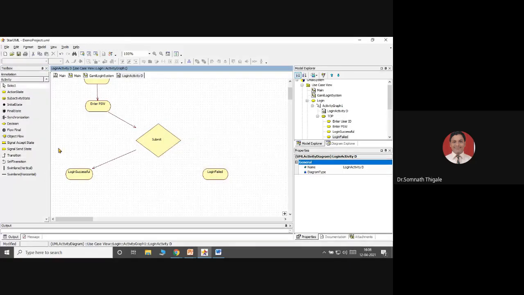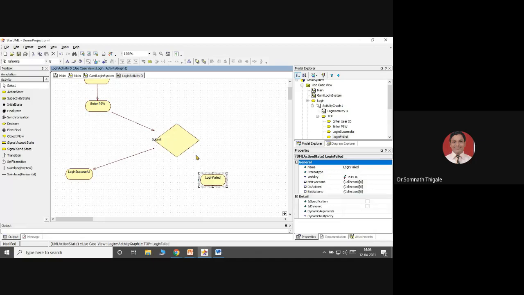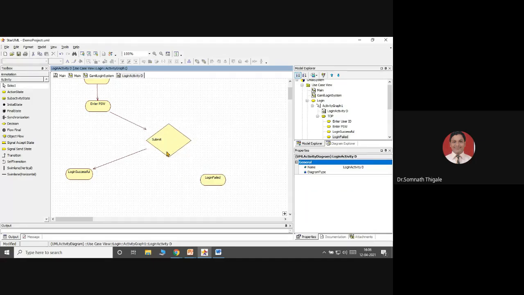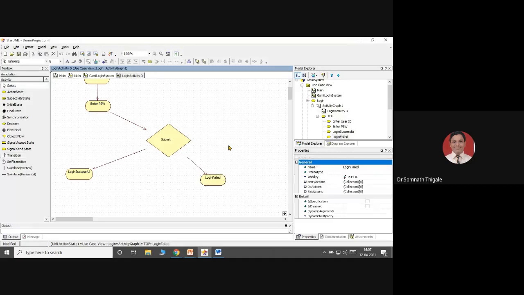So I'm selecting this transition to the login failed. Okay, I'll move from this to this. Okay, now it is there.